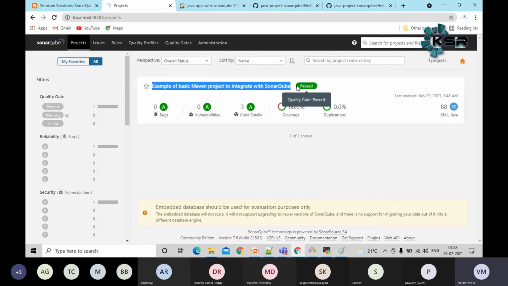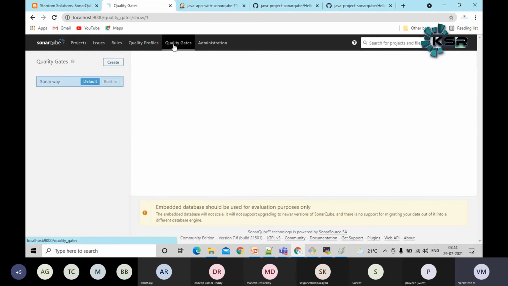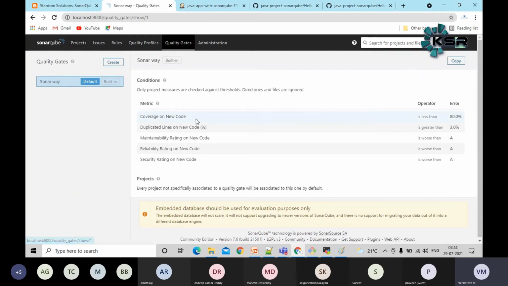So whatever options you are seeing here will be coming from the quality gate, guys. By default, this is only up to 2-3 years of experience. They will ask questions on SonarQube. For seniors, mostly they don't ask any questions on SonarQube, guys. If you are from a 2-3 years background, please try to understand. When I had less experience, I was also asked some questions on SonarQube.